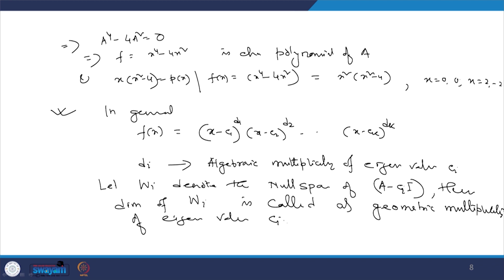So, in this example x equal to 2 and minus 2 having geometric multiplicity is